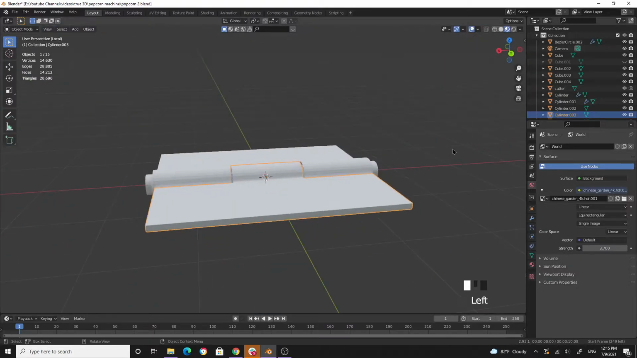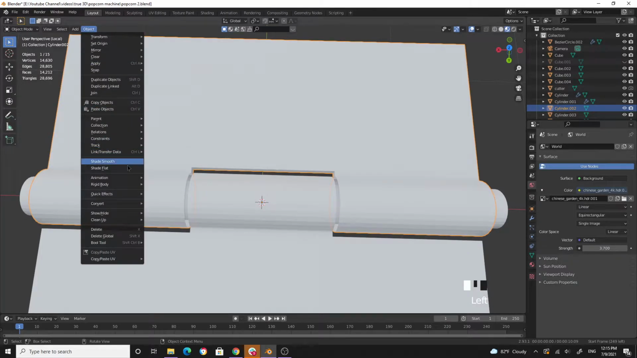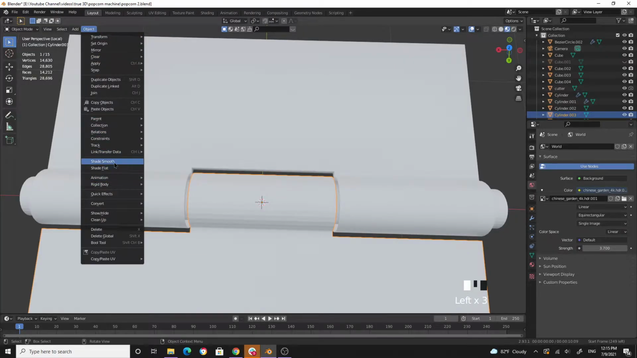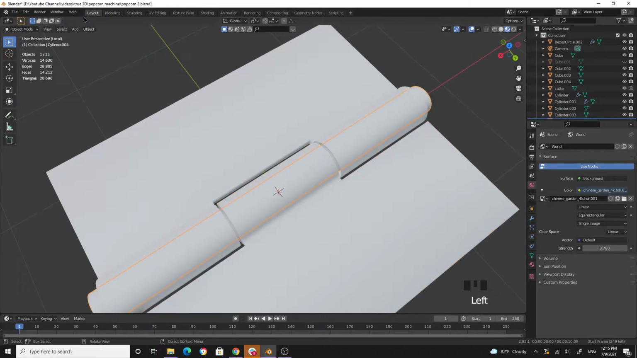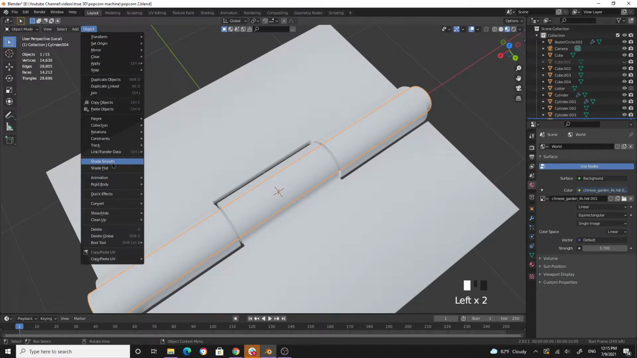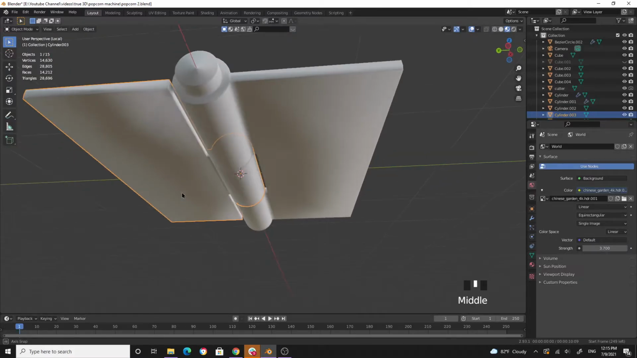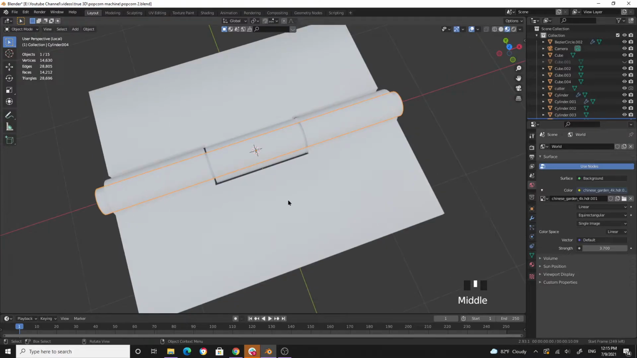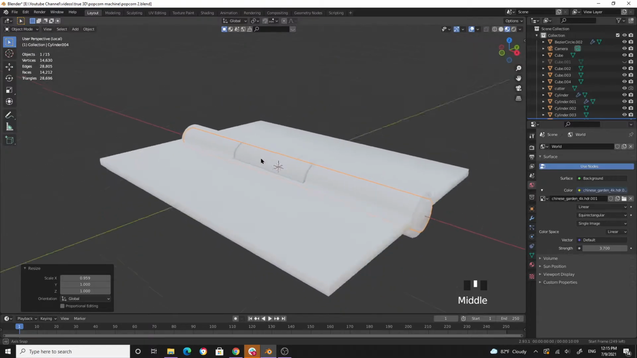Alright, now the basic structure of this one is done. So what I do is go to object and shade smooth, do the same thing for the other half, shade smooth, and also the middle one, object, shade smooth, and then okay, yeah, that should do it. Let's scale this one slightly, scale along x-axis. Okay,